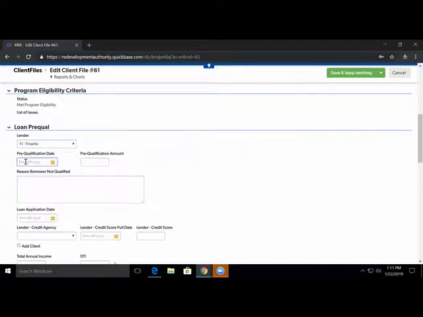After that, you should be able to see up at the top left hand that the client meets the program eligibility criteria. And should they not meet the program eligibility criteria, the list of issues will be populated. Perhaps if someone doesn't have homeowners insurance, that will be listed there for you to see. And then if the lender would like to pre-qualify someone and go through all that underwriting, we would put in the pre-qualification date